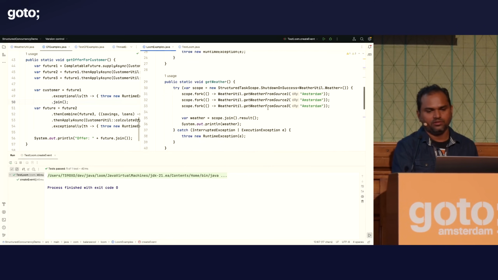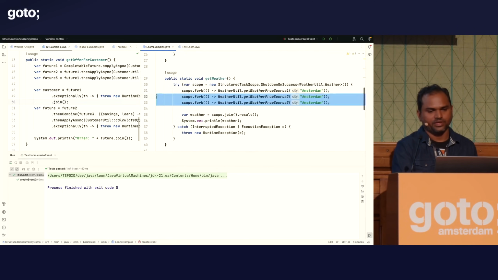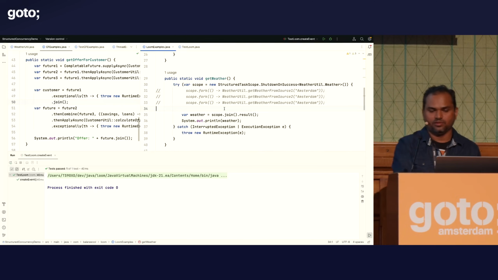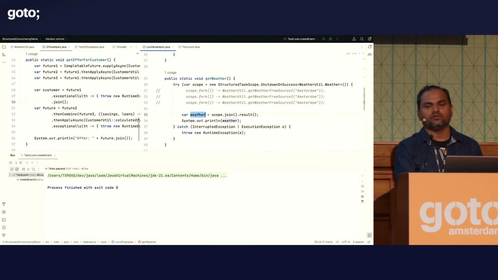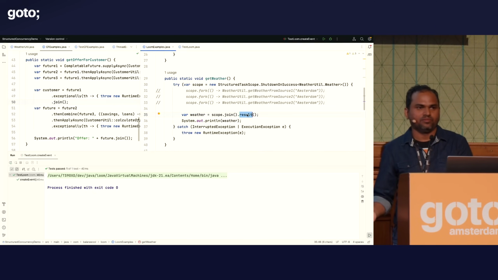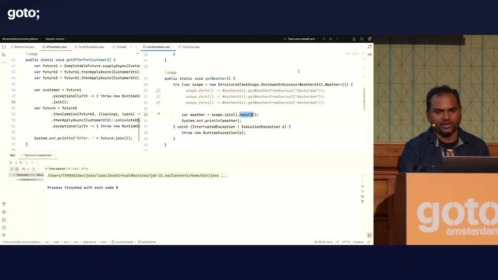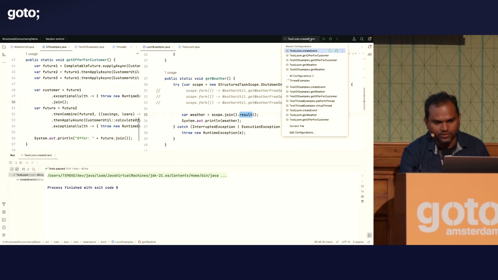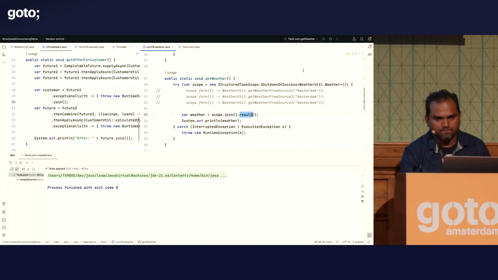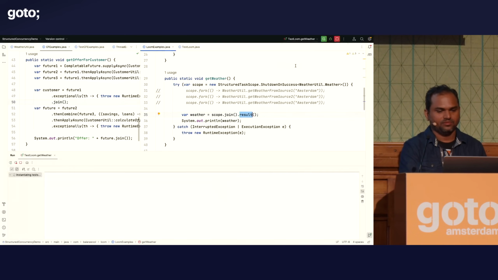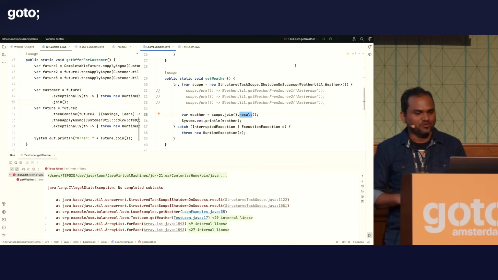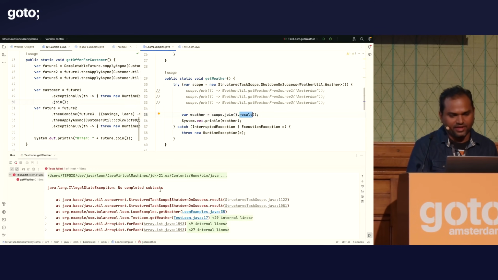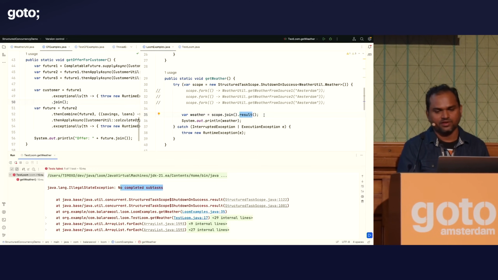So, if you look at it in a way, it's still logical. Now, what do you think will happen in this example when you do the exact same thing? So you basically comment these, and the compiler doesn't complain here, right? The compiler is even fine with you getting the results from your scope. So what do you think will happen? Success, error? Okay, those who are saying error are the winners. Yes, it does give you an error, thankfully so, because you can't have results when you don't have any subtasks,